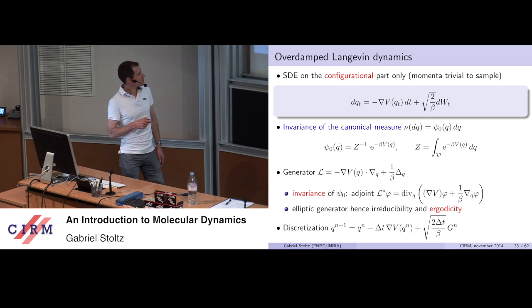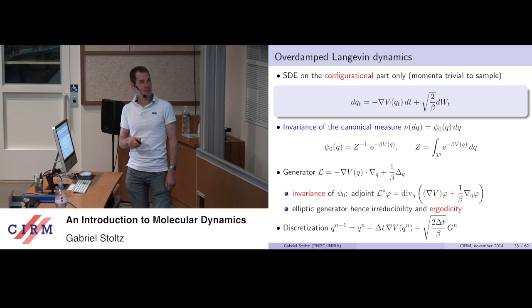On the other hand, here the noise acts in all directions, so proving that the dynamics is irreducible is not really complicated. And so you can immediately say that this dynamics is ergodic. And the way to think about it, if you do not really like the continuous form with the Brownian motion, is really as the delta t goes to 0 limit of this numerical scheme.